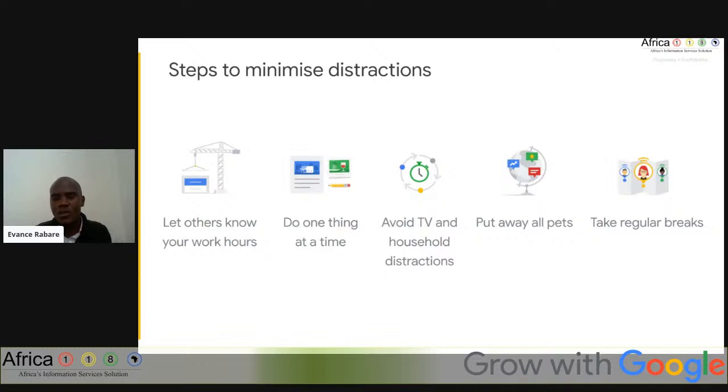Also, you need to avoid TV and household distractions. We are talking about when you're working and you're watching a TV as well, chances are you'll get distracted and deviate from what you're doing. If you have a pet, you need to ensure